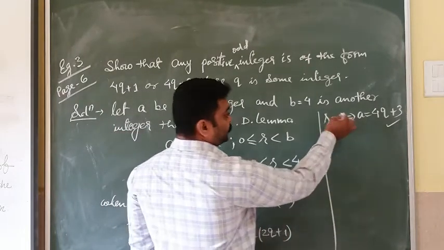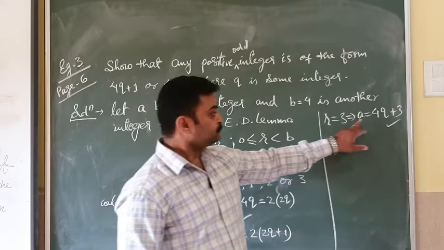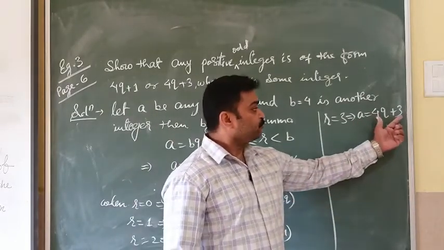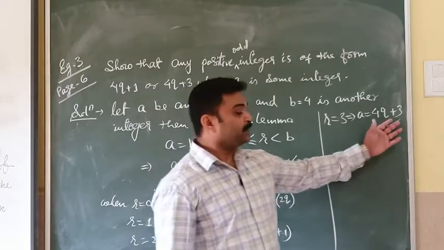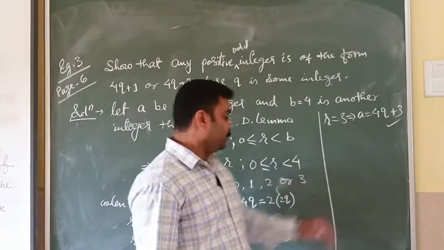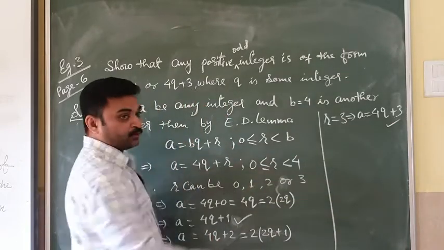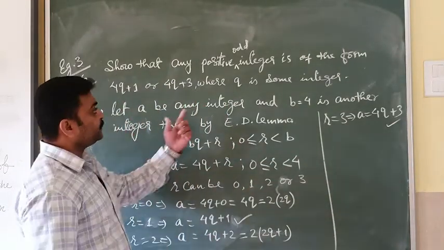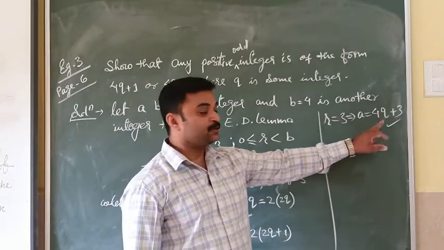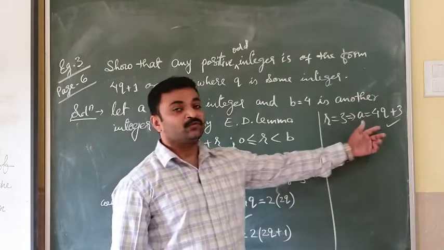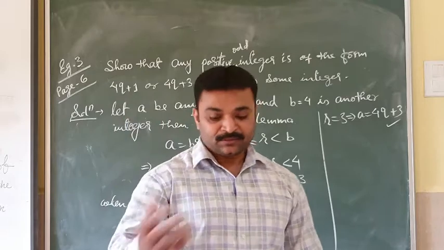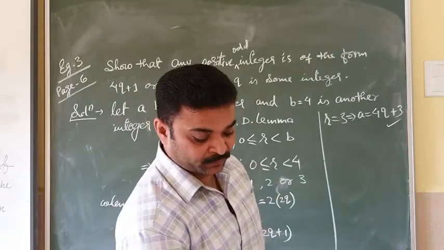Here when we put r equal to 3, what do we get? a is equal to 4q plus 3. So for a equal to 4q plus 3, we can't take 2 common, or 4, or anything common. So in this scenario, we conclude that any positive odd integer is of the form 4q plus 1 or 4q plus 3. Understand? If you have any doubt, then we will clear it later on. Okay?